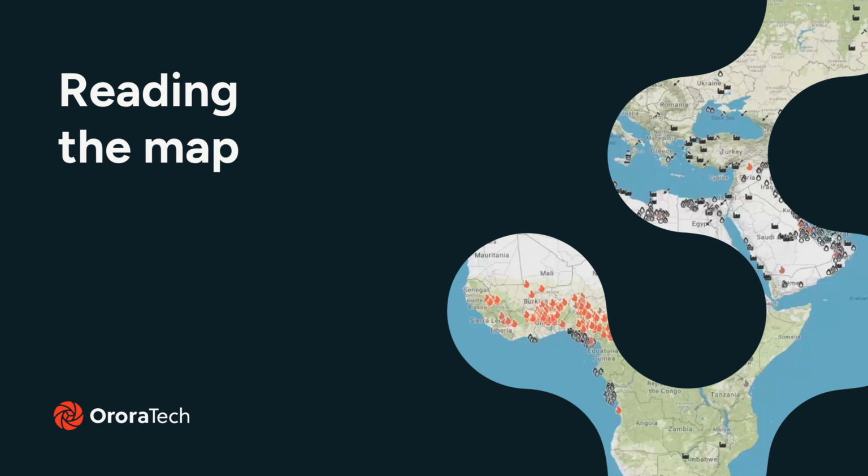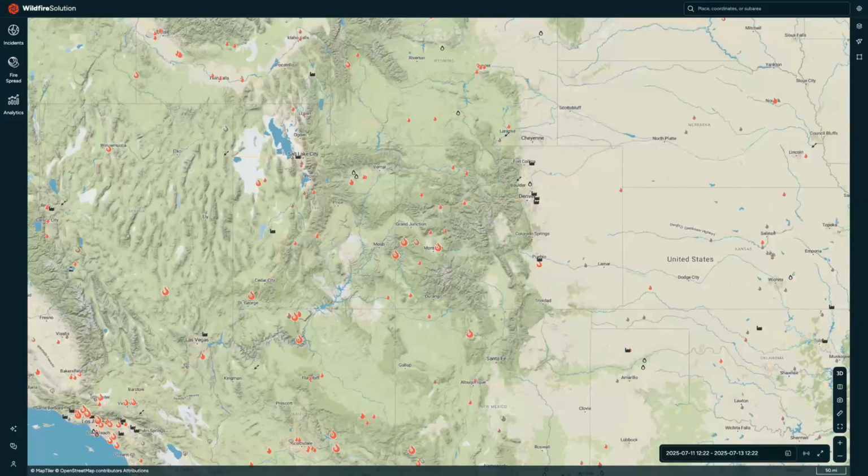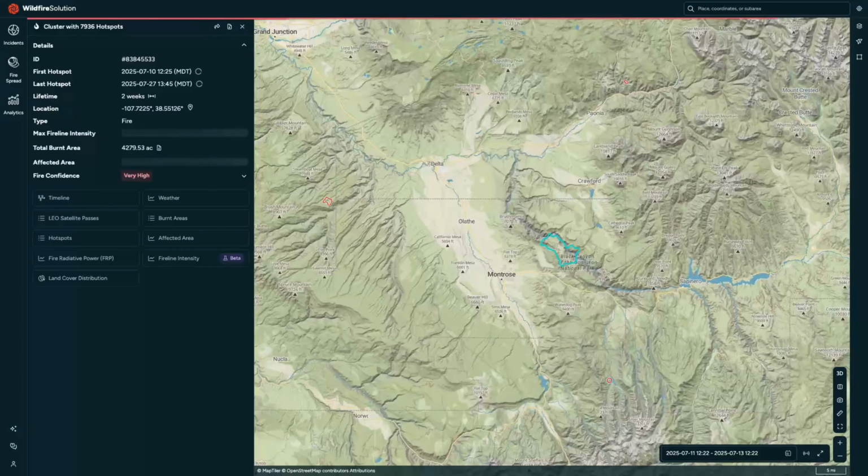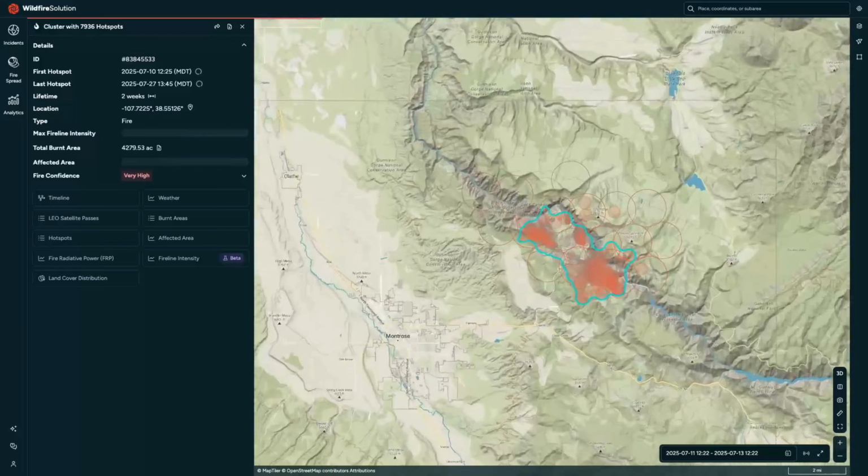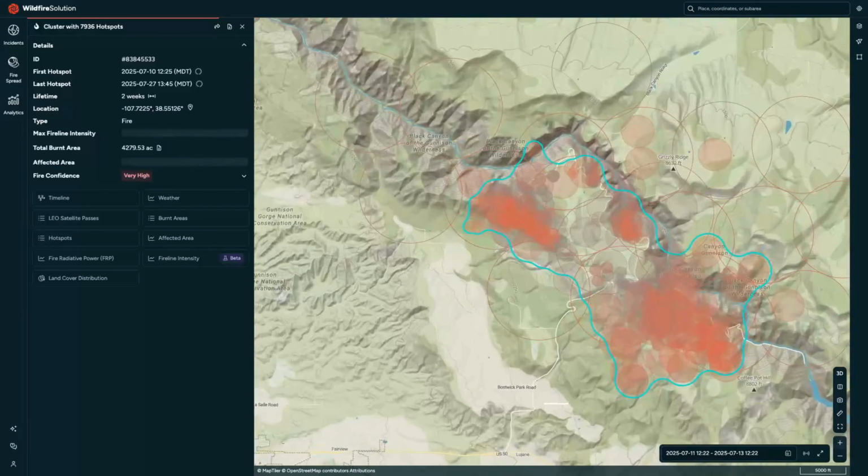Let's look closer at your map now. From afar, you'll spot flame icons. These mark new detections. As you zoom in, they become colored circles, each one representing a hotspot, a thermal detection from a satellite. Hotspots that are close together form a cluster, outlined on the map so you can track grouped